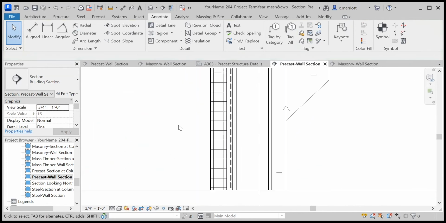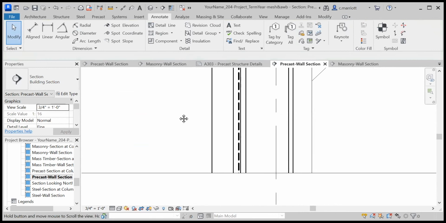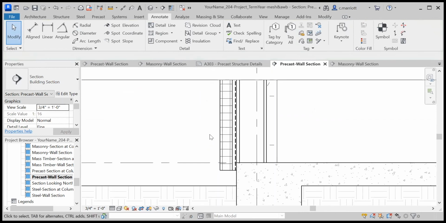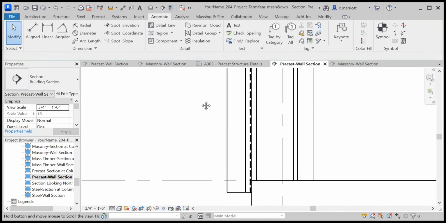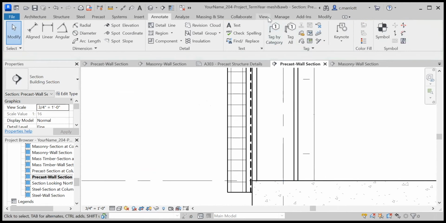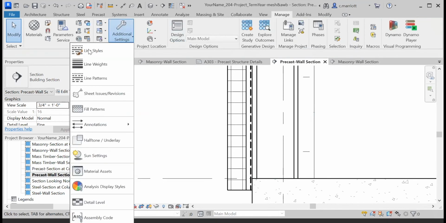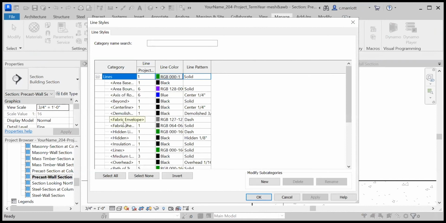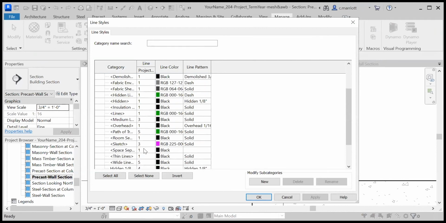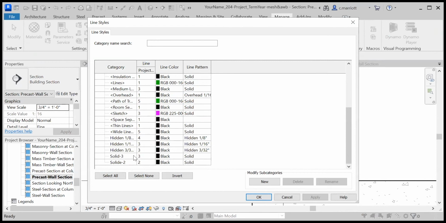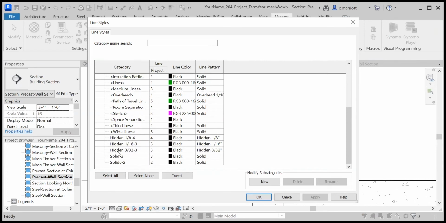All right, the next part will be to add a line that represents the mesh for the EIFS. Before I do that, though, I'm going to create a new line type. So I'm going to go to Manage, Additional Settings, Line Styles. I'm going to expand the categories under lines. And I notice here that when I go down, let's expand this out a little bit, I have a few hidden line types. I'm going to create a new one that uses the same 1/16, but it's going to be a little bit lighter,